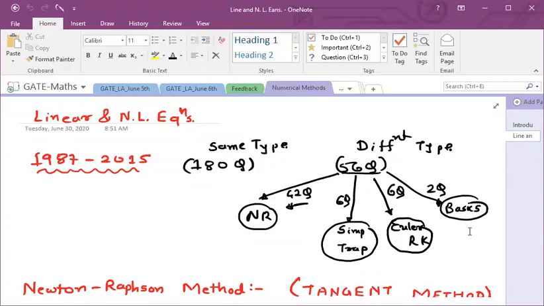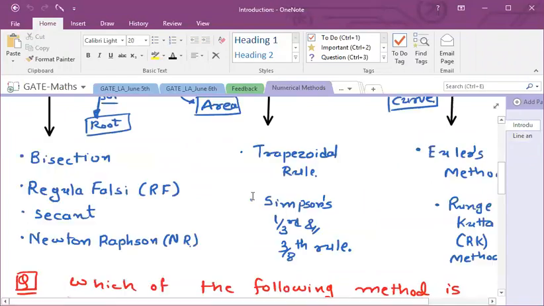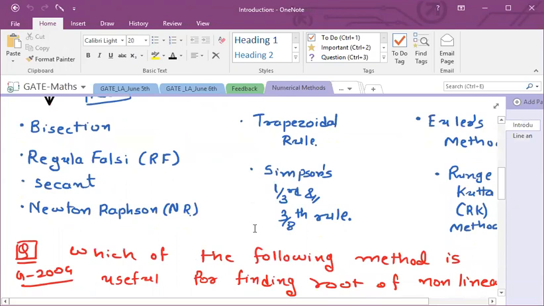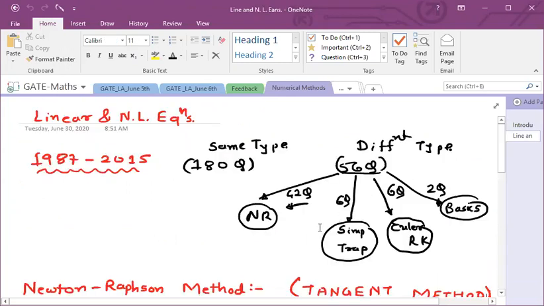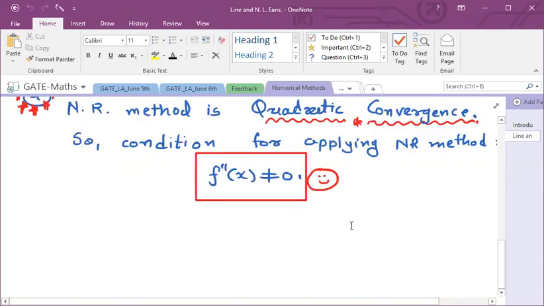Today morning we have started this numerical methods chapter, a very small and easy chapter, and definitely you can expect a question of 2 marks, or on average 1 to 2 marks for the mechanical stream and civil. So we can easily score those marks. Generally the question will be on the Newton-Raphson method, right? So we have seen today its classification, how many types of methods there are, and then we started linear and non-linear equations. For these I have given you theory for the Newton-Raphson method. Now let us start its questions.